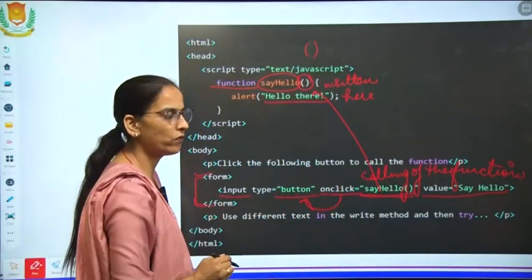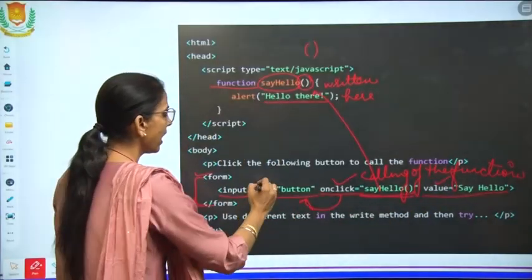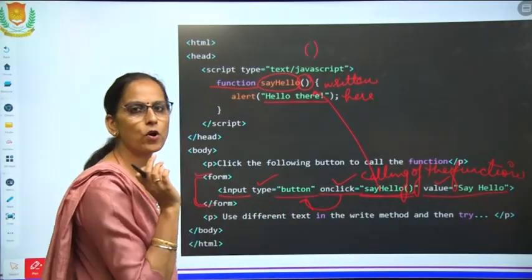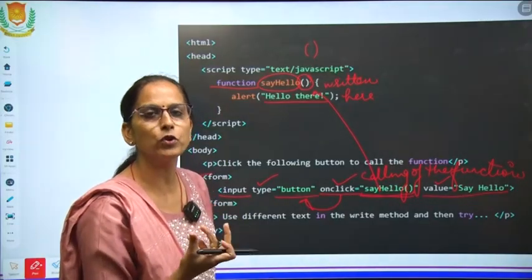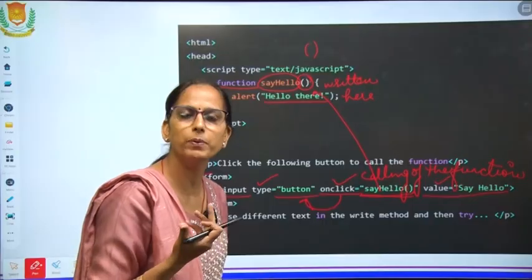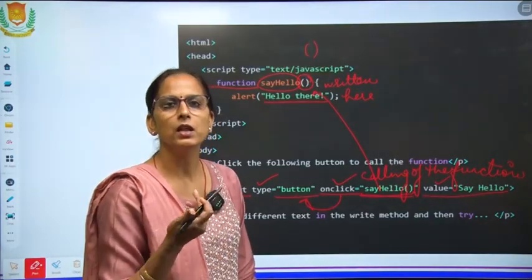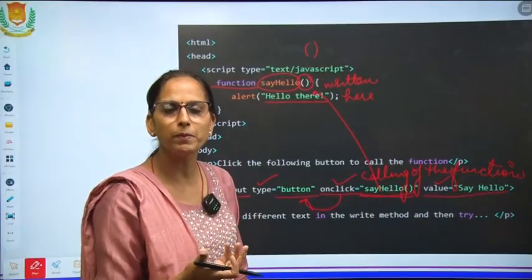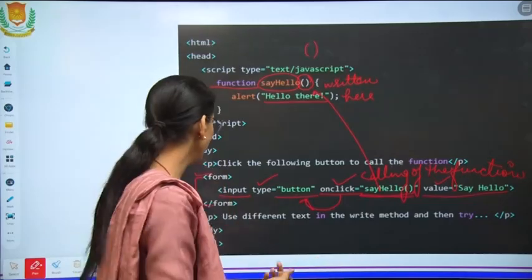This is what is printed on the screen, and this is the type of form control, the input control, we are taking. We have multiple types of input controls: radio buttons, text boxes, check boxes, then simply buttons. So what kind of input box you are taking?